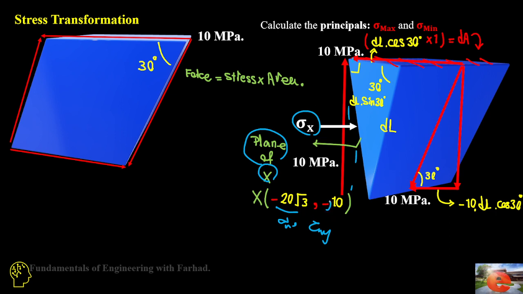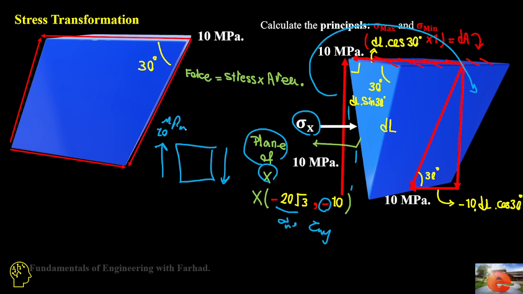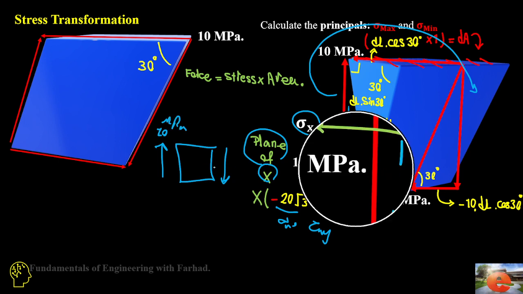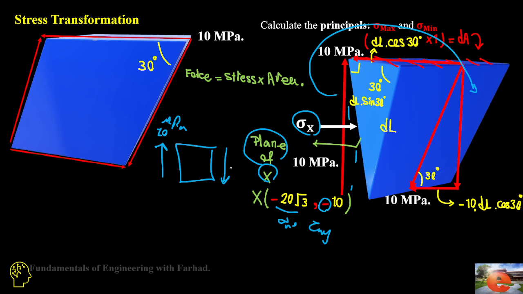If you want to know why that's negative 10, you have to consider the other side of the element like this, and all the time the two forces should be in balance. So if this is a negative, this is 10 megapascal, look at the other side of it, because most of the time we just consider the element from right to left. So look at this element. This is a 10 and it's just going downward. That's a negative direction. We just consider a positive